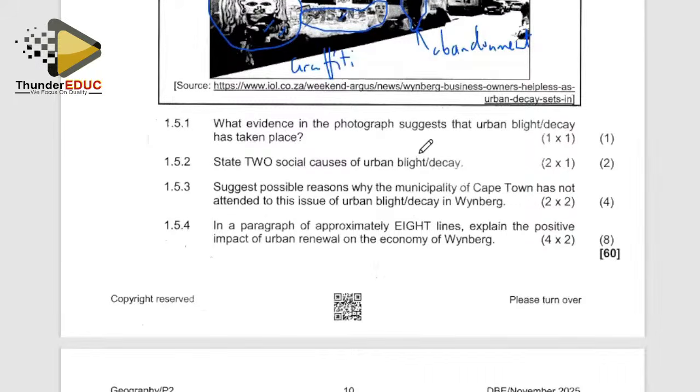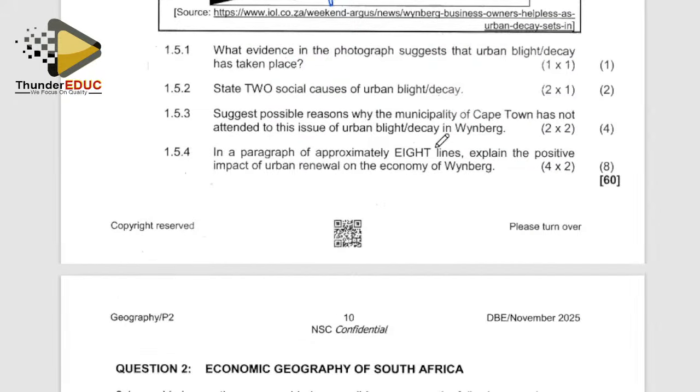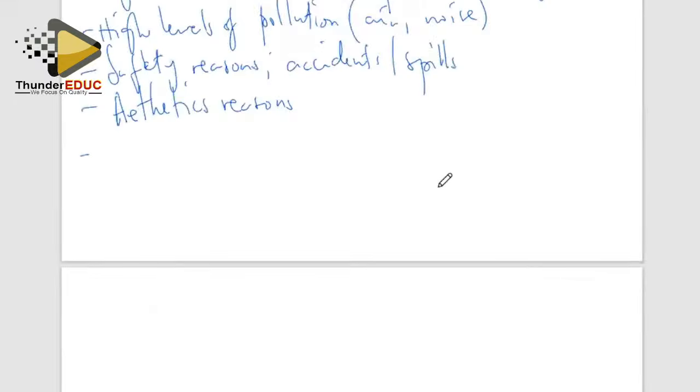Right. Then it says state 2 social causes of urban blight or decay. We want to look at social causes. That is number 1.5.2. Remember, our question is specific. We want to address social causes. 1.5.2. We are looking at aspects that lead to urban decay that has to do with the society or the way of life of people. What could have contributed to the area experiencing a problem of decay, which is attributed to social